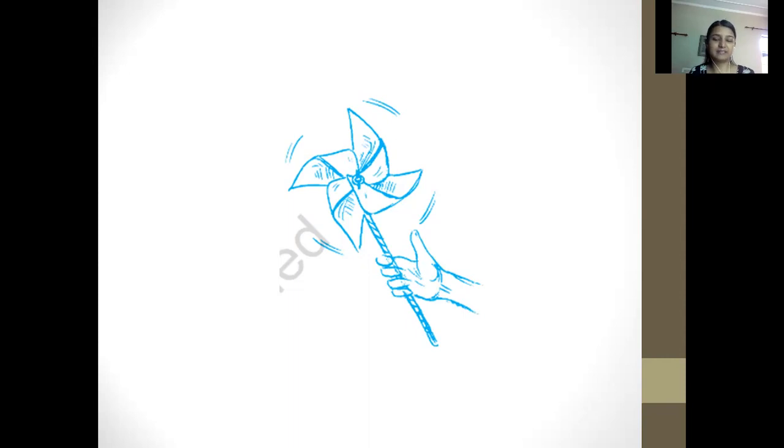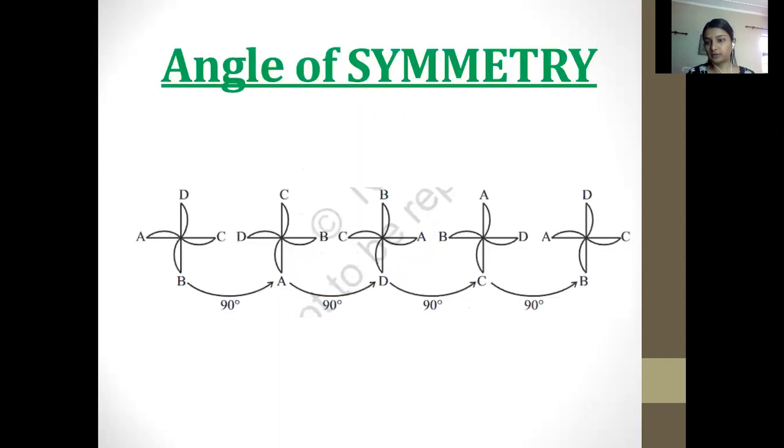So what do you think, what happens then? Again, you are not able to define which was the starting hand and which is the ending hand, because it is rotating by joining some center of point, isn't it? So this is what this tool also does, it is making a rotational symmetry. But here you can notice that it is making some angle. So we would be considering that angle of symmetry here. What you are inferring from this image with related to that tool? What do you think? What this picture is showing? Yes, I'm giving you a few seconds to think about it.